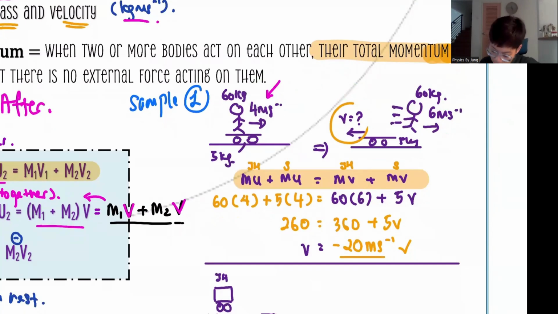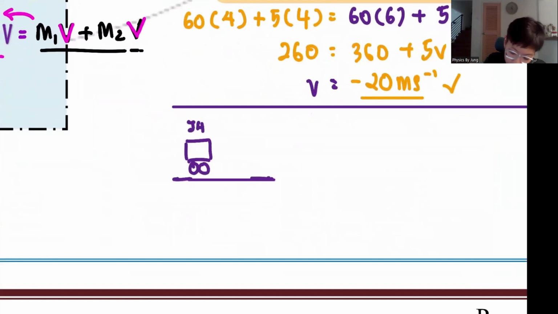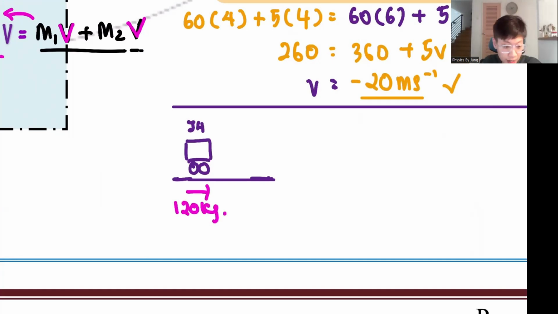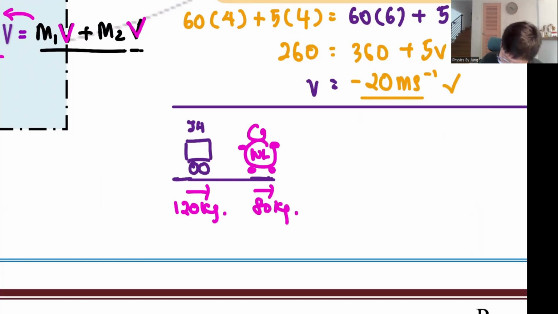Okay, next question. So if one day Jung Hao is driving on the road, imagine me and my car are like 120 kg in total. So my car is like my size only. Then suddenly I saw my friend Wailun crossing the road. Wailun is only 80 kg. As he's crossing the road at 1 meter per second, because I was speeding, I was driving at maybe 9 meters per second. So suddenly I hit him.